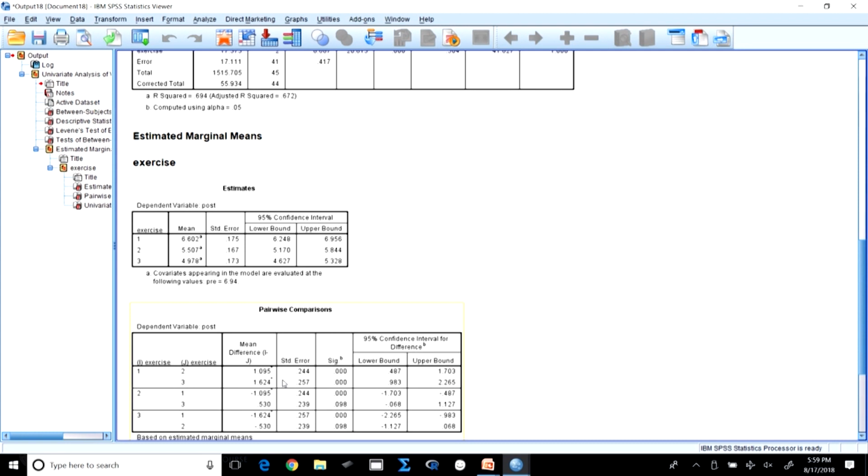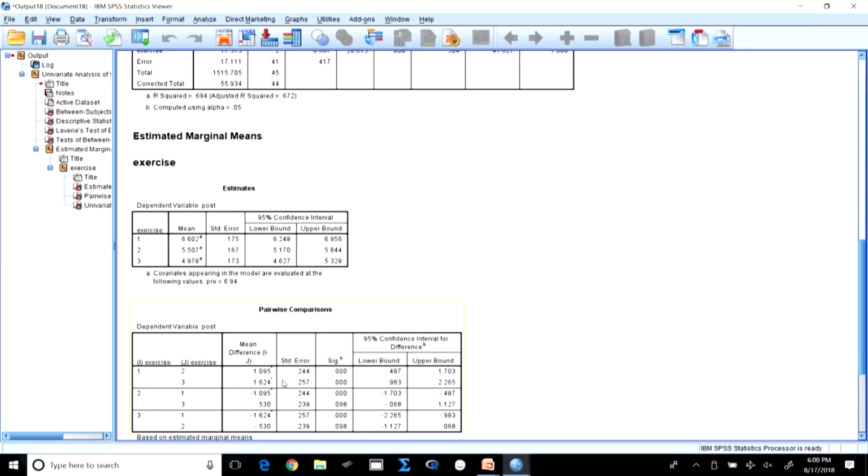1 and 3, the difference is 1.624. So, again you see, when somebody has done no exercise, the cholesterol level is still higher, right. Higher the cholesterol level, it is bad for the person, right. So, we want it actually to be lowest. So, in this case, which is lower? 1, 2, 1, 3. If you see, it seems that 3 is the lowest, then followed by 2 and then followed by 1. Let us compare which is significant? Yes, both were significant. Now, let us compare between 2 and 3, others have been compared.